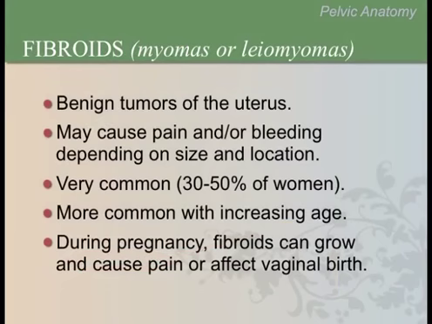Fibroids are also called myomas or leiomyomas. They are benign tumors of the uterus, but can cause problems like pain or bleeding depending on their size and location. They are fairly common in women, especially